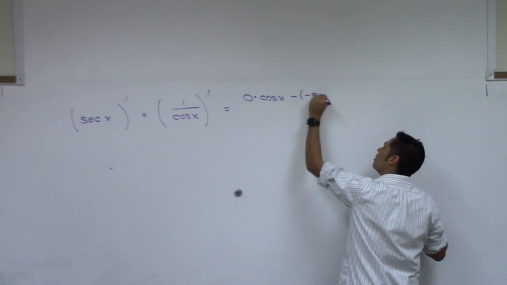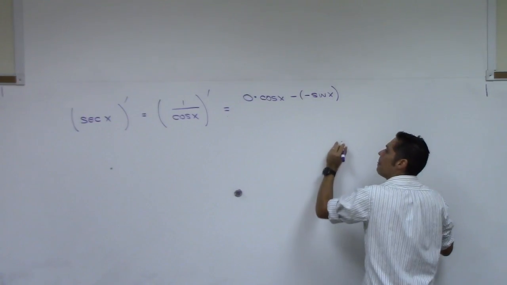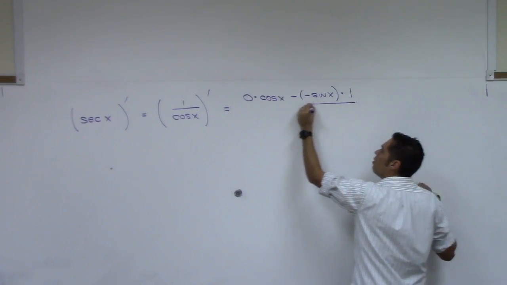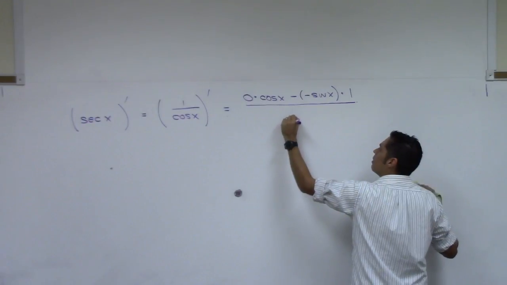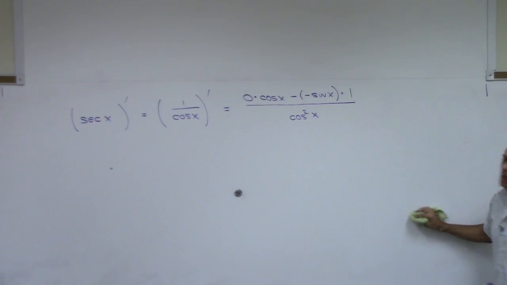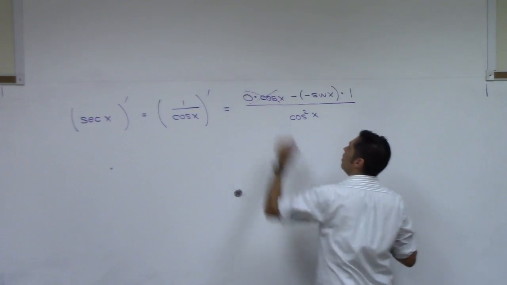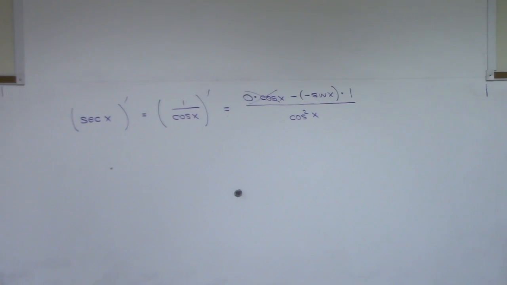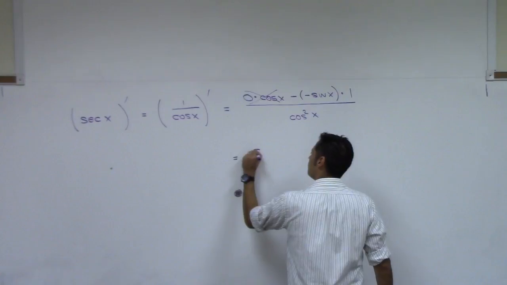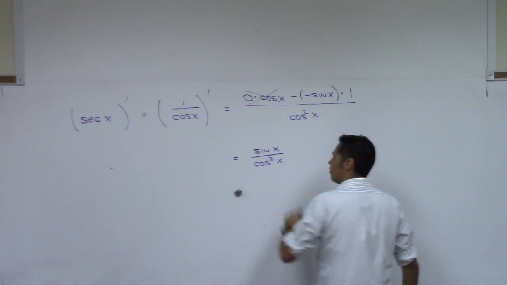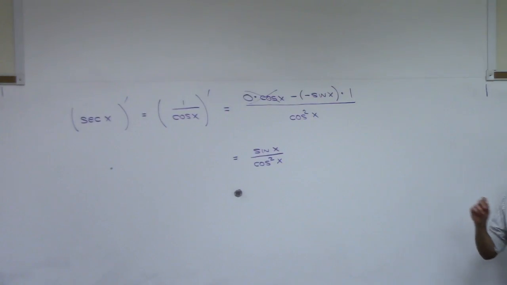Negative sine x times f, the top, with no derivative, 1. All over the bottom squared. I'll just write that as cosine squared x. Is that all right with you? Now that 0 times cosine is gone, and the minus minus becomes plus, so all you have is sine x there, don't you? So what we get is sine x over cosine squared x. Now if you go back and look in your notes, I told you that the derivative of